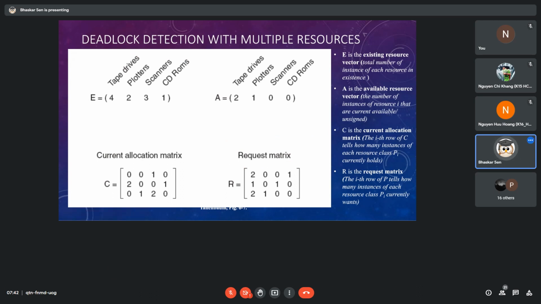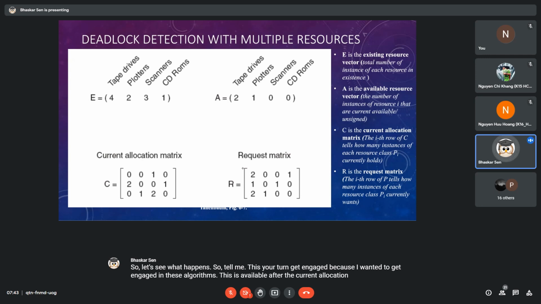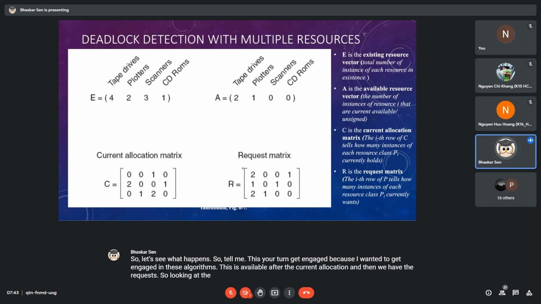So let's see what happens. So tell me, this is your turn. Get engaged, because I want you to get engaged in this algorithm. This is available after the current allocation. And then we have the request. So looking at the request of process 1, process 2, and process 3, tell me if you look at the